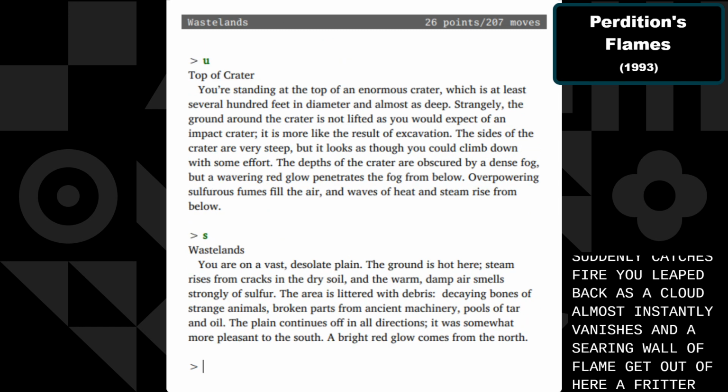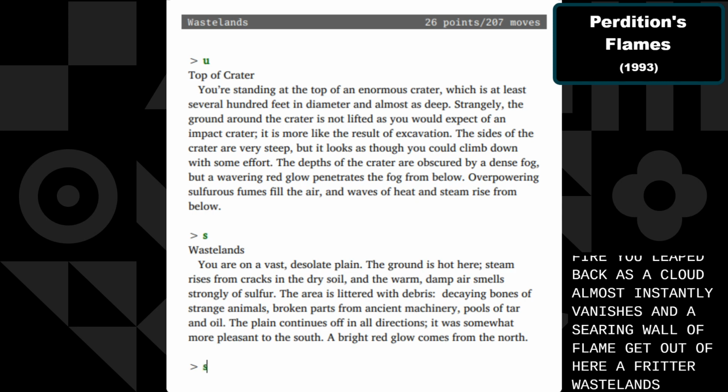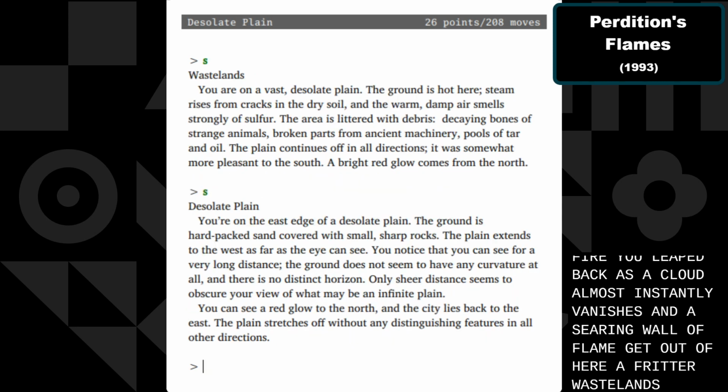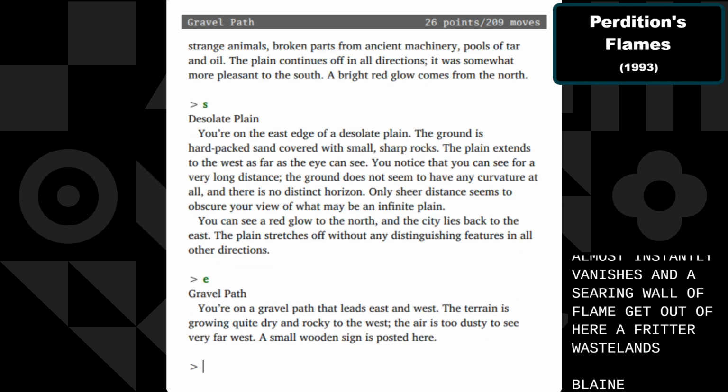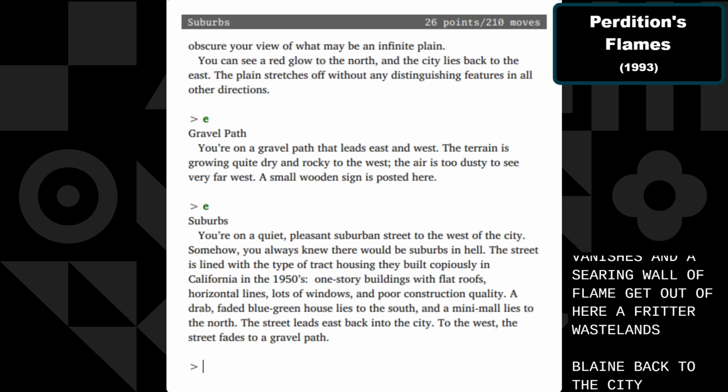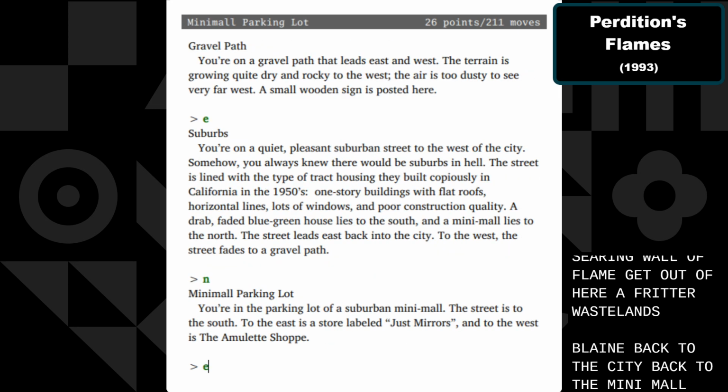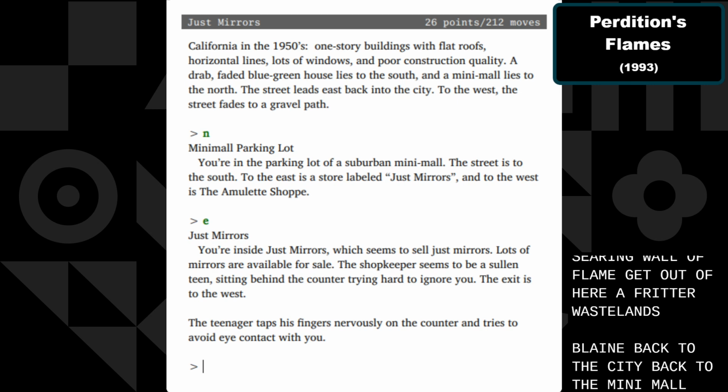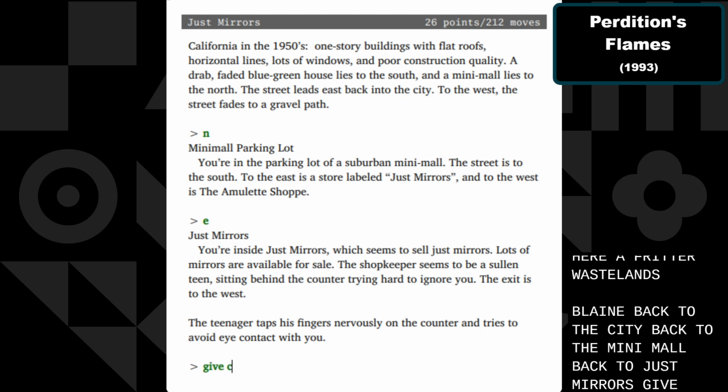Top of crater, wastelands. Desolate plain. Back to the city. Back to the mini mall. Back to just mirrors. Give